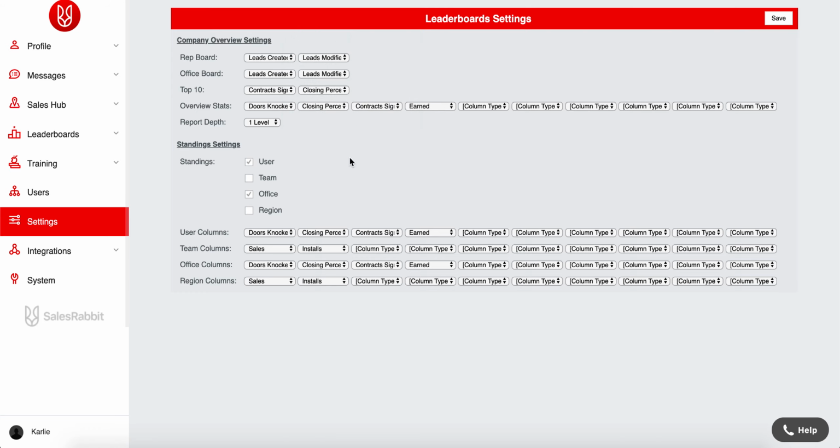So the top 10 will rank your reps in top 10 order for two different stats. The office board and rep board will just give you the top two reps and top two offices for each category of stats that you choose. And so this is really good for companies that want to scale. If you're not planning on scaling and planning on staying small, you don't have to pay too much attention to this. It just depends on what you're wanting to see and how you want to keep track of everything that they're doing. Click Save in the upper right-hand corner,